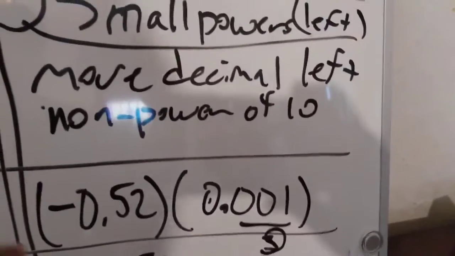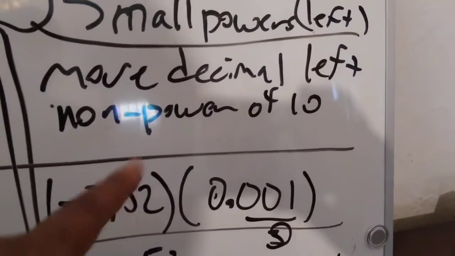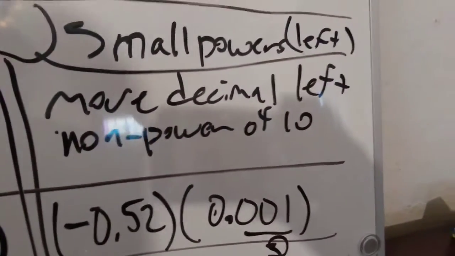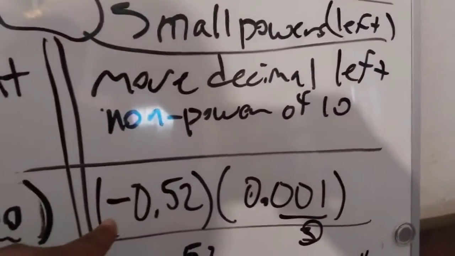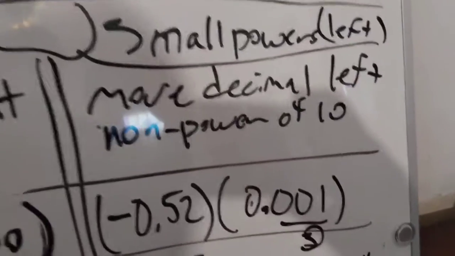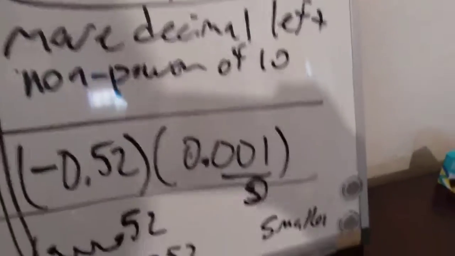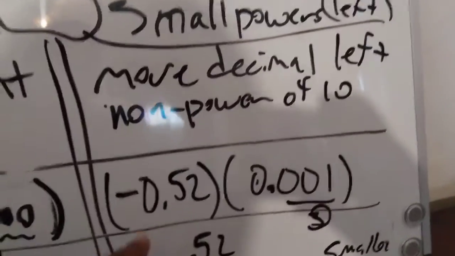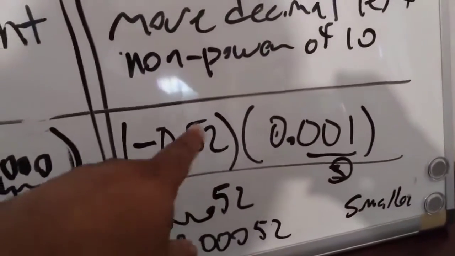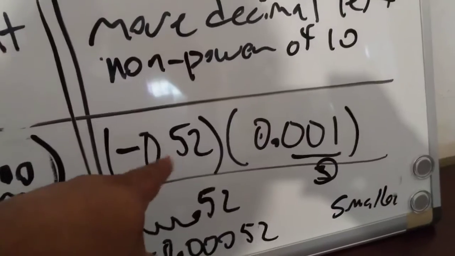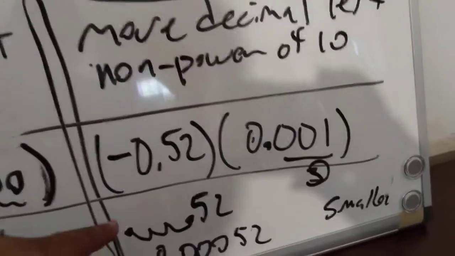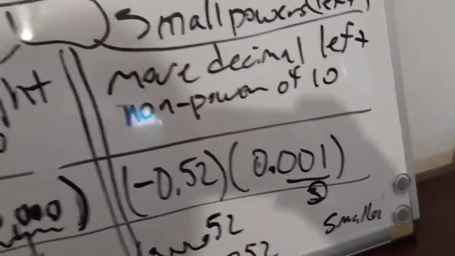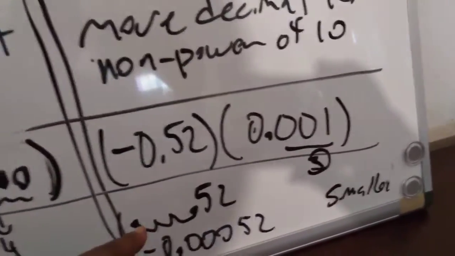So now we have this problem where we have to multiply these two numbers. So that's negative 0.52 times 1,000. Now, we know we have to remember our rules. We have to take that in our pocket. If it's a negative times a positive, the answer is negative, right? So at the end, it's going to be a negative, right? And so that means we're going to write the non-power of 10 number just like it is, with the decimal point here. So now,